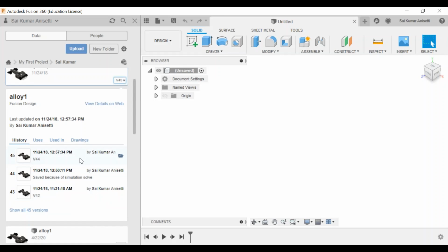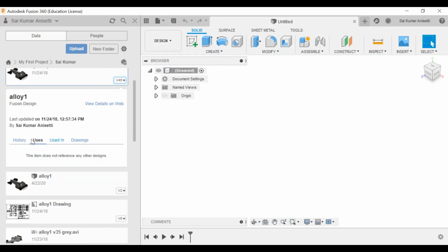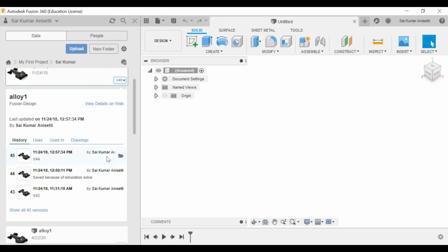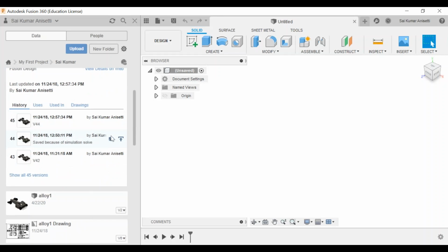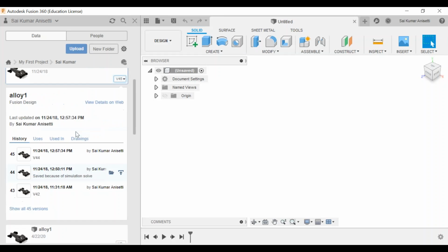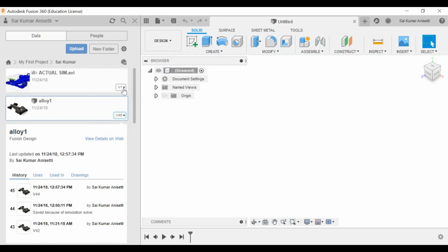So all 45 versions and all 45 files are there. It will show the date when you created it and when it was last updated. All the history will show the different versions of it. When we do the actual modeling part, you can observe what these versions are. To explain, versions are saved at different times. At different times you save your file, and it will create a newer version, or else it will keep updating in only one version itself.